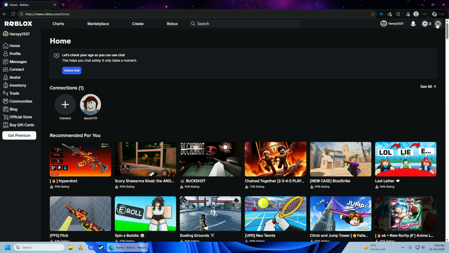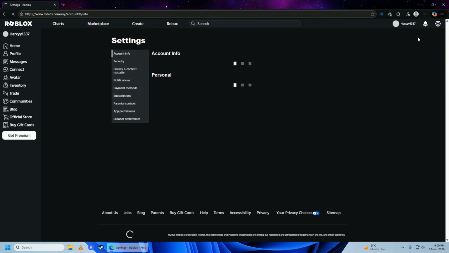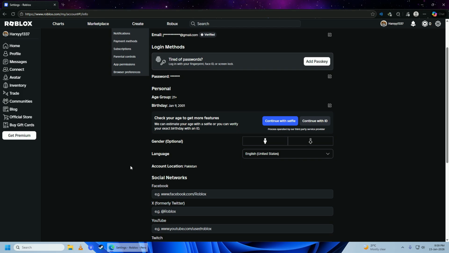Once you're done logging in, you're going to click on settings here, and then you're going to scroll down and you should have account location here. You'll have an option to change your account location here, but if you don't,